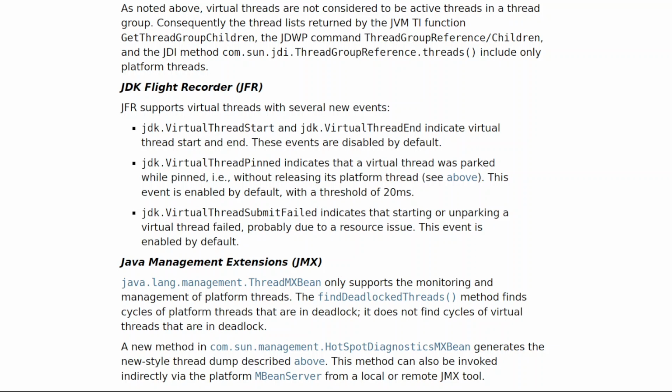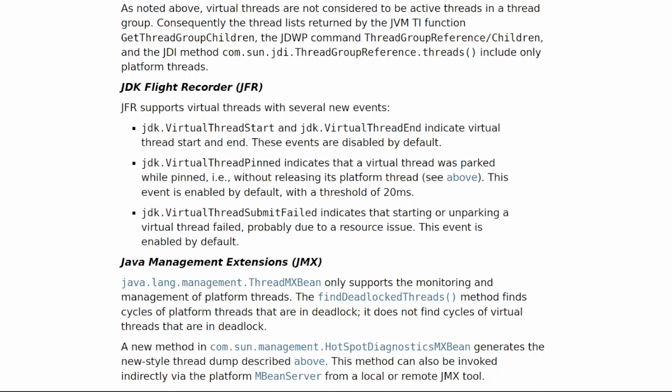This event is enabled by default, with a threshold of 20 milliseconds. 3. jdk.VirtualThreadSubmitFailed indicates that starting or unparking a virtual thread failed, probably due to a resource issue. This event is enabled by default.